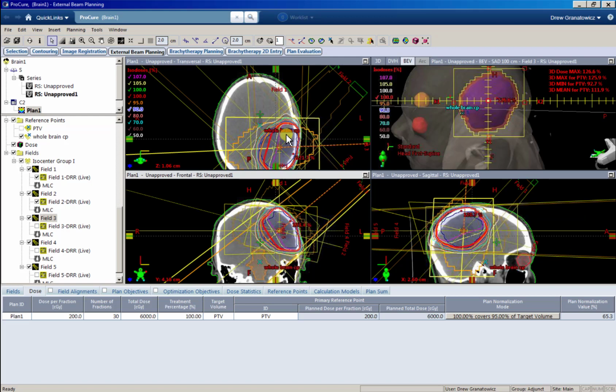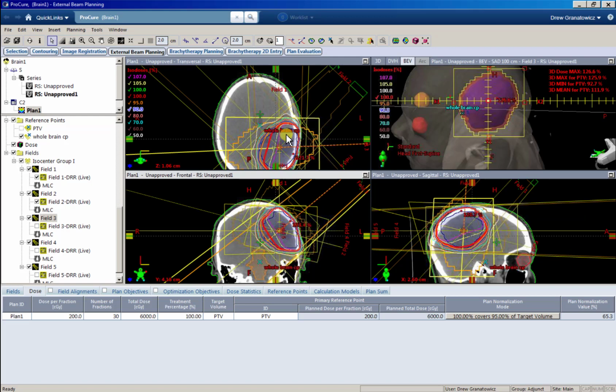number one, I'm trying to look at the shape of my PTV and choose angles that are going to conform to that shape as best as possible. Number two, I'm trying to choose a wide variety of angles and couch kicks to spread out my dose. Number three, I'm looking at my OARs. I don't want to enter or exit through any